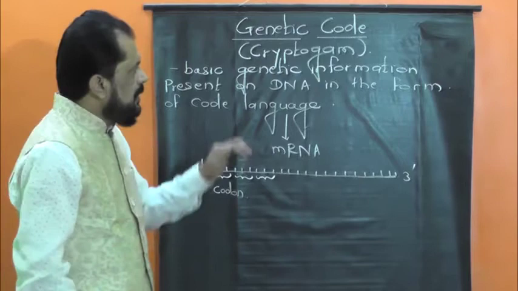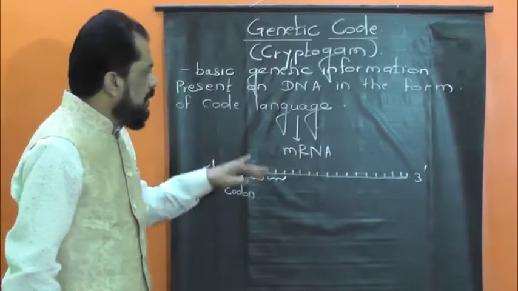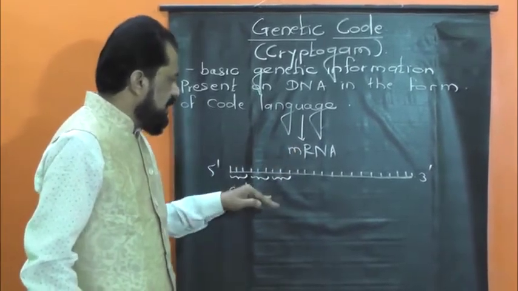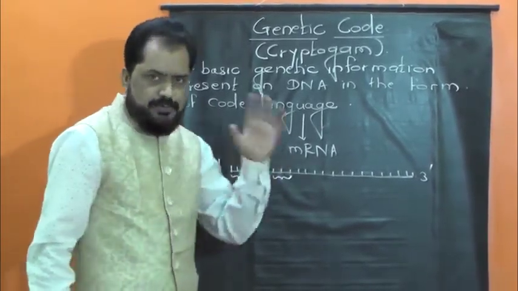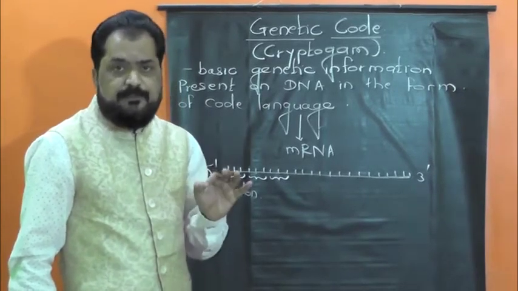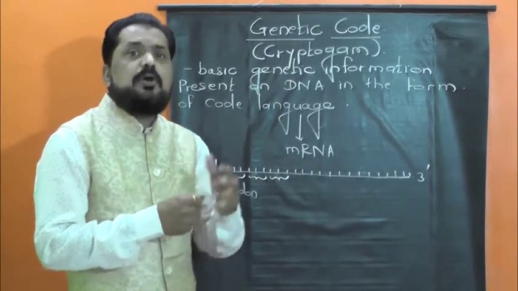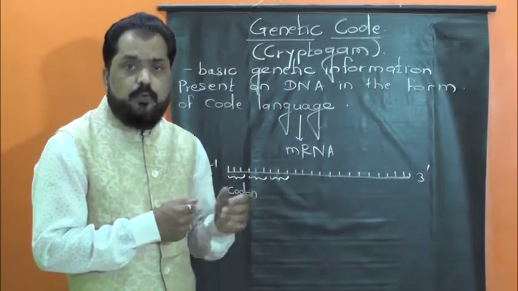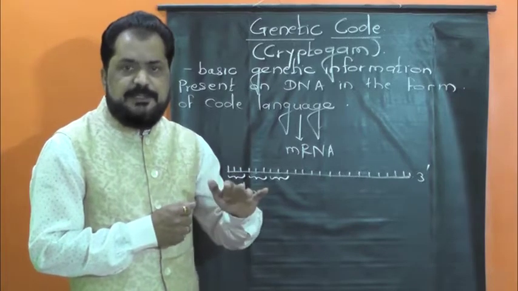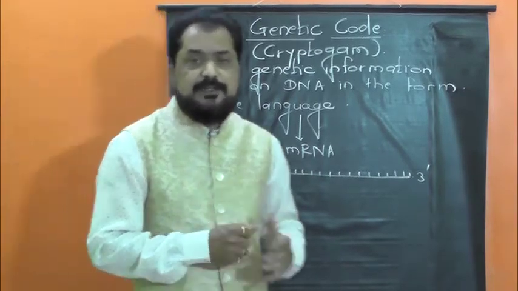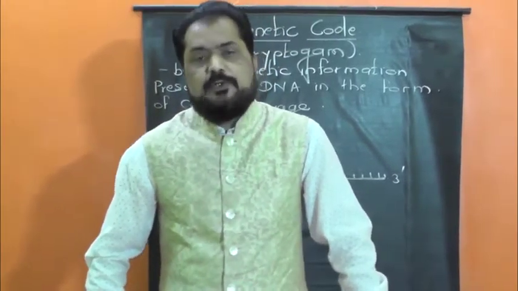It means that the basic genetic information, that is genetic code, is transferred on messenger RNA, and messenger RNA possesses that information in the form of codons. It was first of all explained and experimentally proved by Francis Crick. The actual nature of codon and genetic code was later deciphered, cracked, that is, studied and explained in detail by 3 different scientists such as Marshall Nirenberg, Mathai and